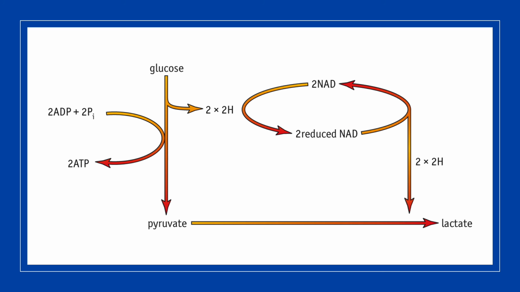So, what's the net yield of all this? There are 2 ATP molecules, which come from the glycolysis process itself, and 2 lactate molecules. And these lactate molecules will go on to form lactic acid. And what this does is, the lactic acid will lower the pH in your muscle cells. It's an acid. So after a while, as you do more and more anaerobic respiration, the pH will drop lower